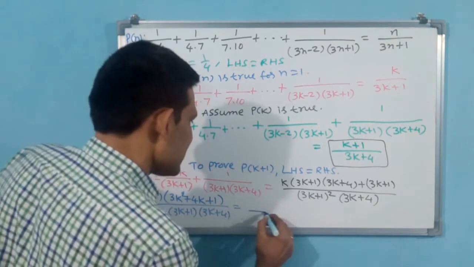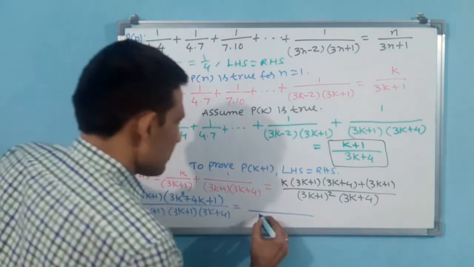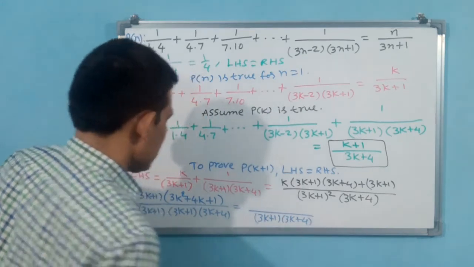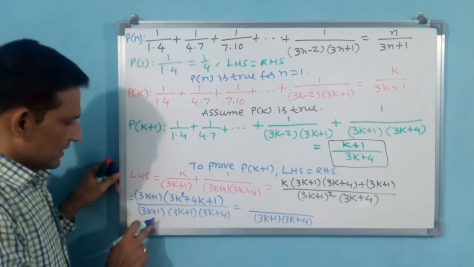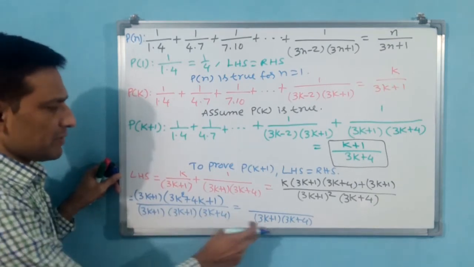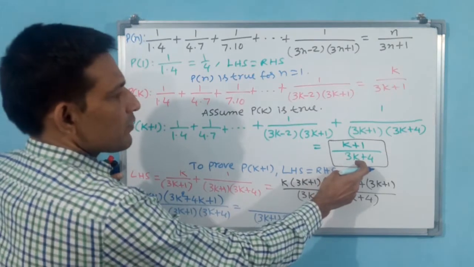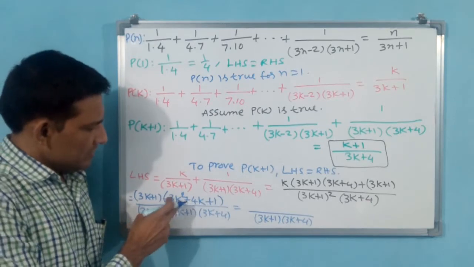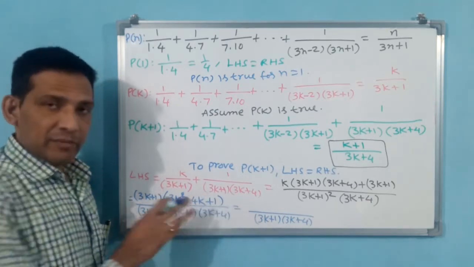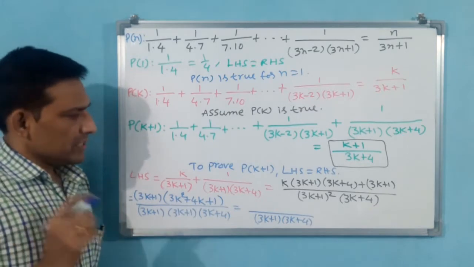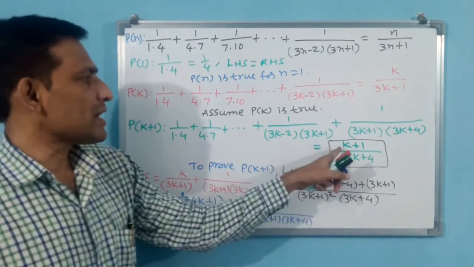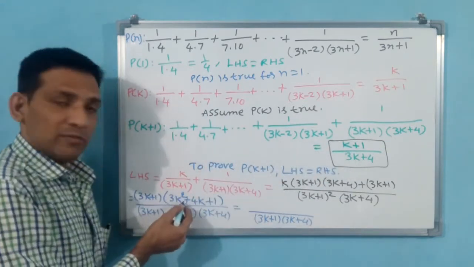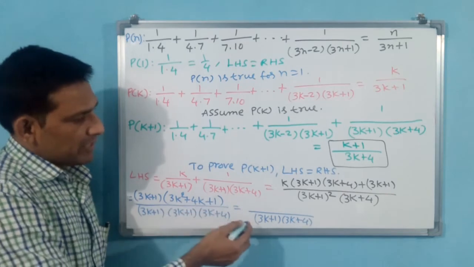Now you see denominator, 3k plus 1, 3k plus 4 will come. Stop now. Why? Because these two I have cancelled. Now only one 3k plus 1, one 3k plus 4. See here 3k plus 4 is there, 3k plus 1 you don't require. Then what you have to do? You may divide this with 3k plus 1. This is one option. Second option, if we compare numerator, k plus 1 has to come. But k plus 1 is not there. That means if we divide with k plus 1, then k plus 1 may come.